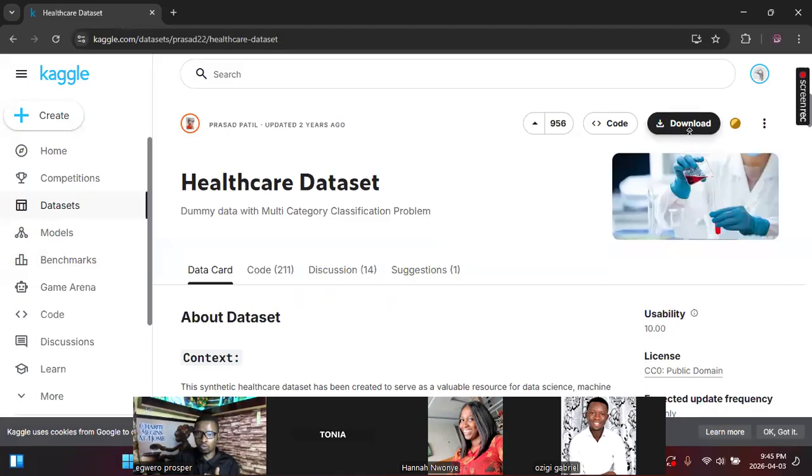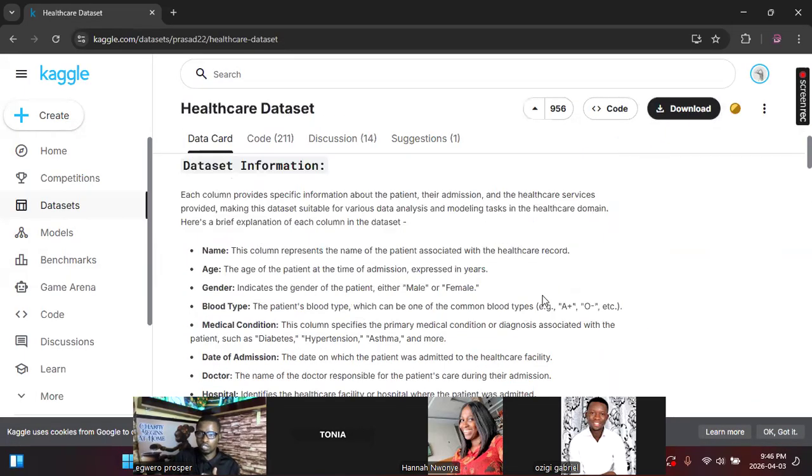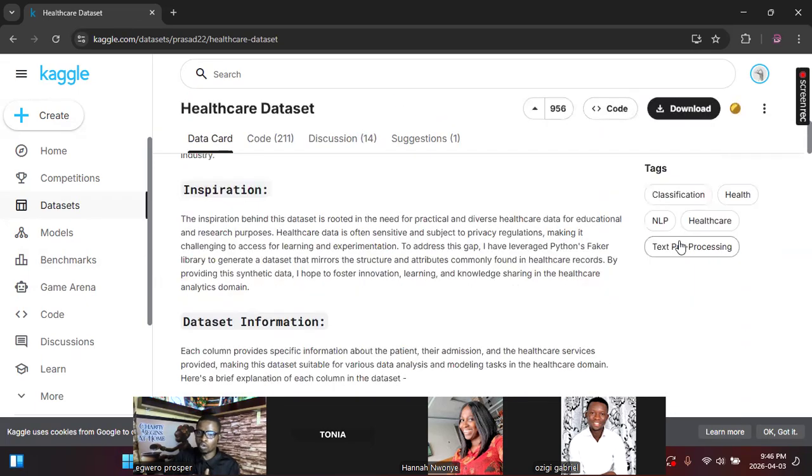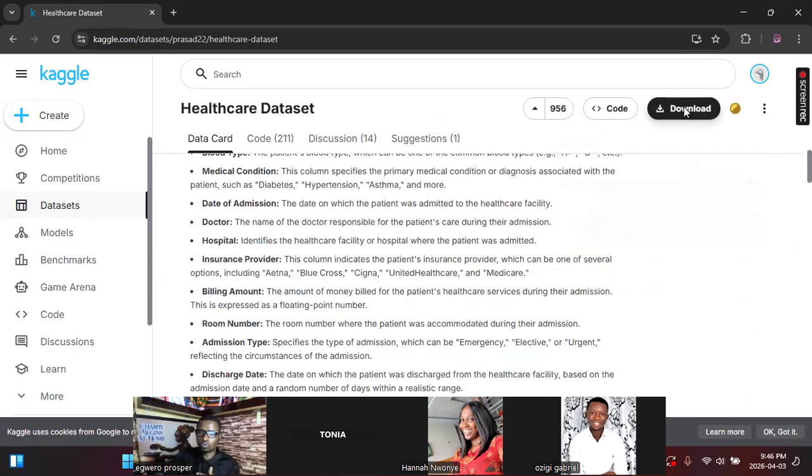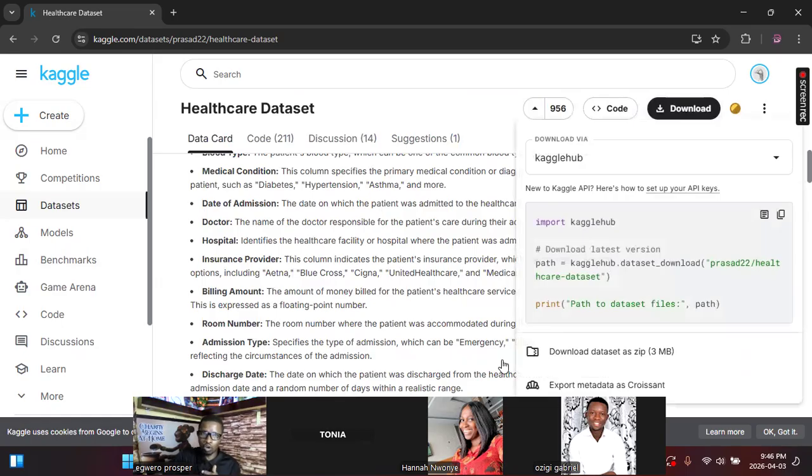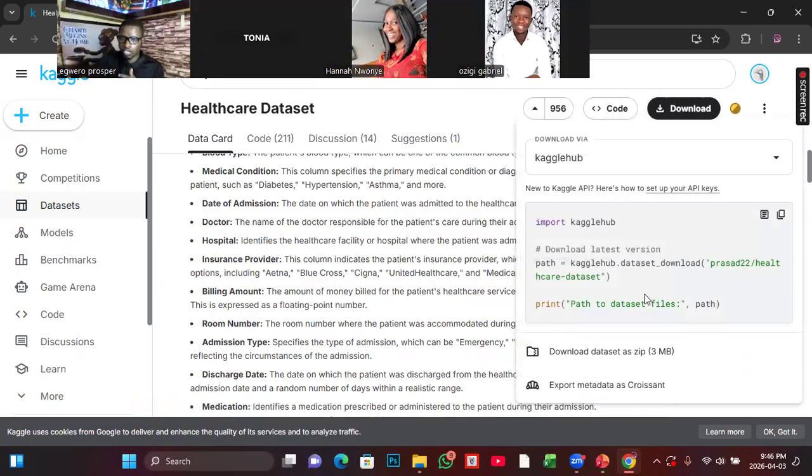Okay, so you click on what? Download here. Click on download, sorry. Click on download. Now that you are okay with it, then you click on download. Once you click on download, you will not see the method the person used. For me to be saying print part data set, that is to tell me that the person used Python to perform the analysis.